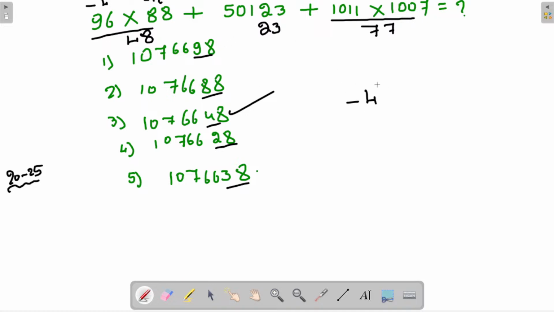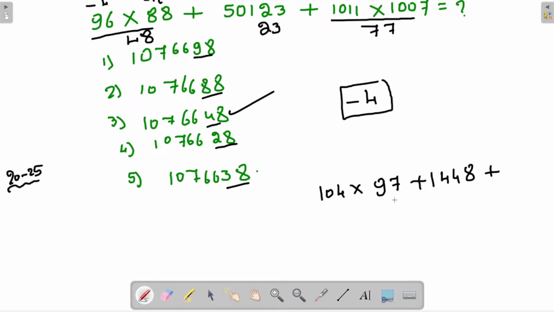Suppose the question is this. What is the unit place number now? Now what are the last two numbers? Okay, let's take this question now. For example, the question is this, suppose 104 97 plus 144, let's take this only. Otherwise I want the answer for this, I want the last two digits. Plus 4 minus 3, then what is the answer? Plus 4 minus 3